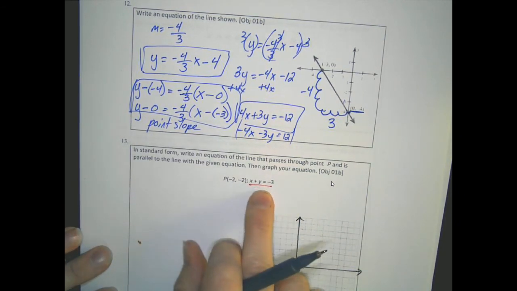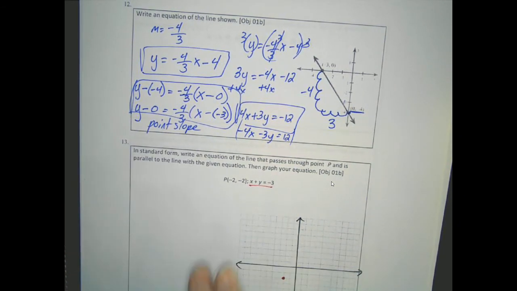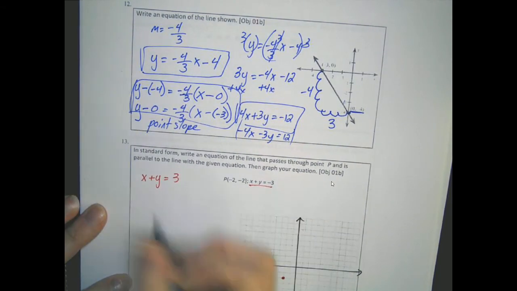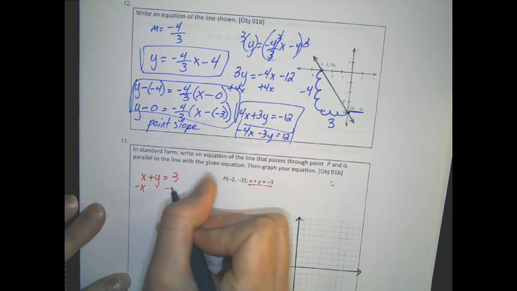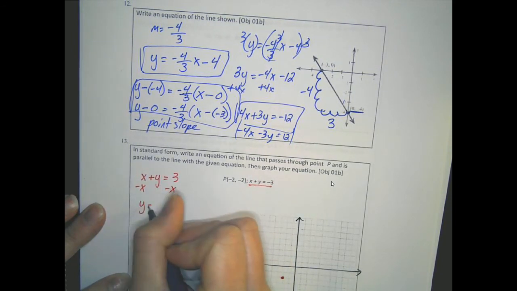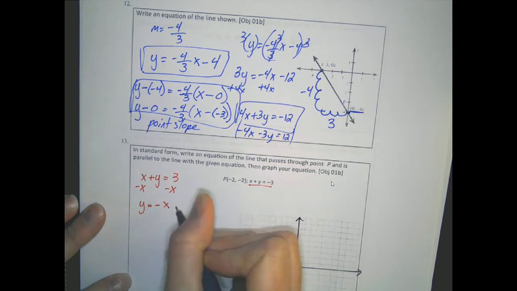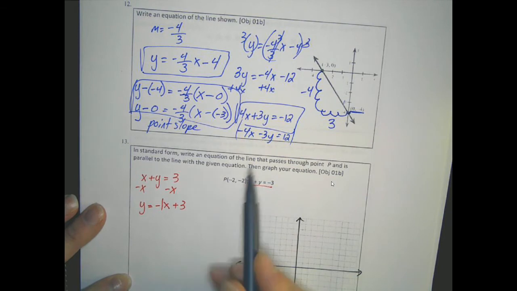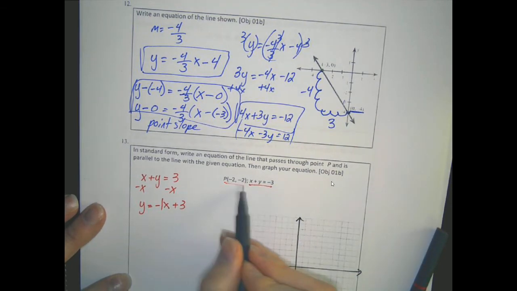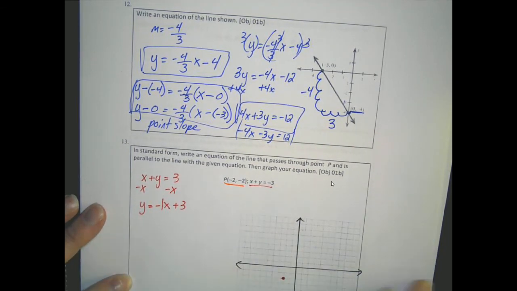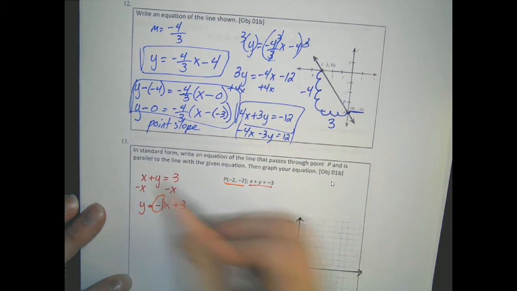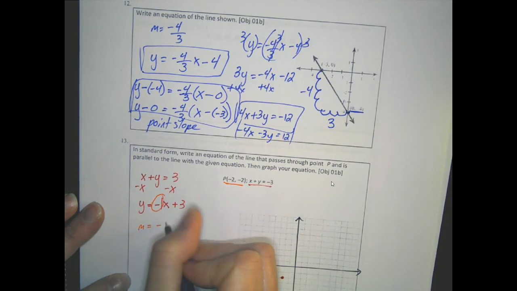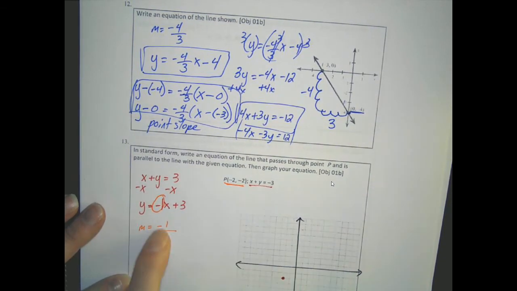I can't tell from standard form what my slope is. So I rewrite this. It's going to be x plus y is equal to 3. I rewrite it in slope-intercept form. So y is equal to negative x plus 3, or negative 1x. And I know that the line that I'm trying to find right here is parallel to this line right here. If it's parallel to this line, then I know that the line I'm looking for has a slope of -1. And what that means is, in terms of your line, my slope is -1/1, which means